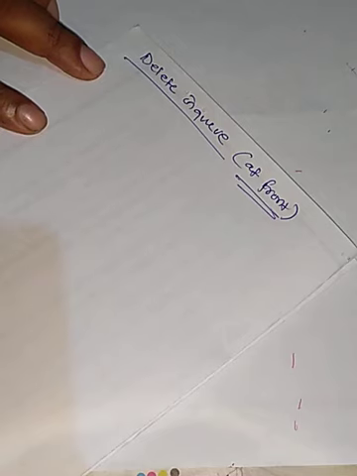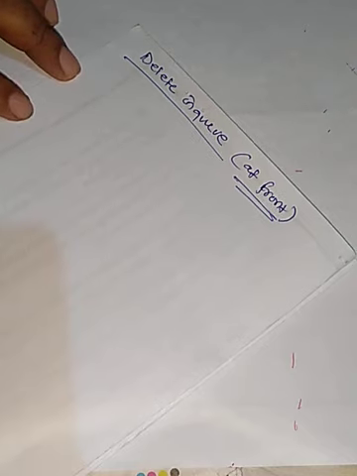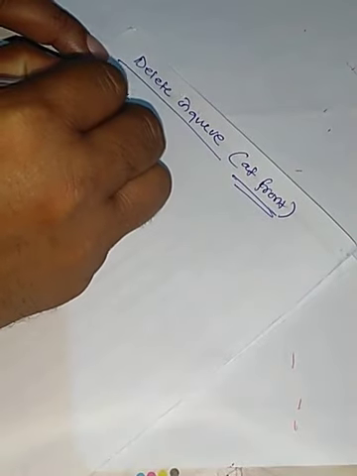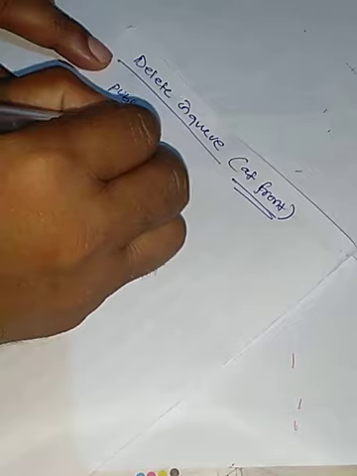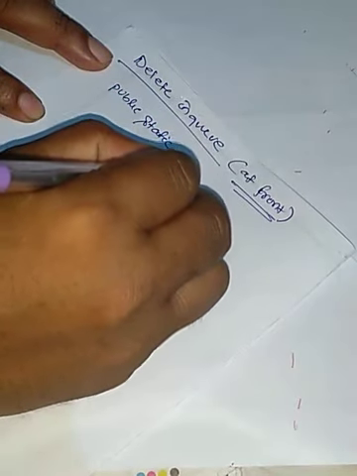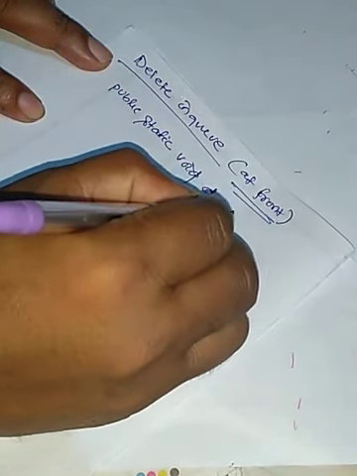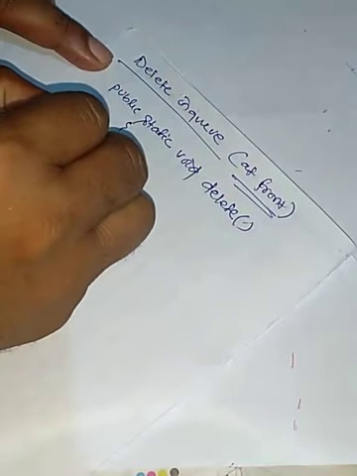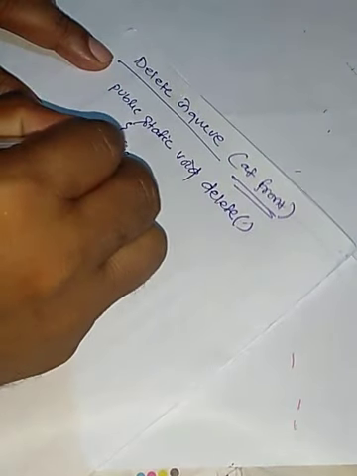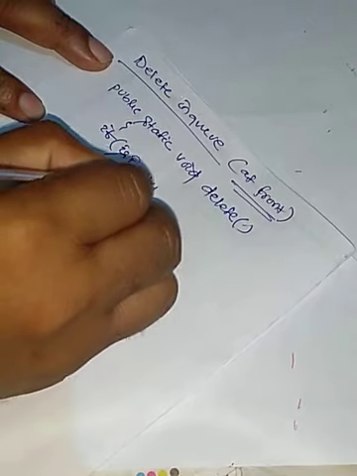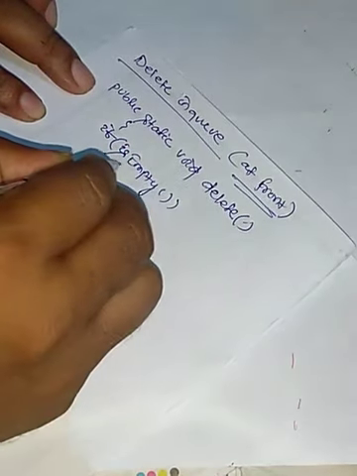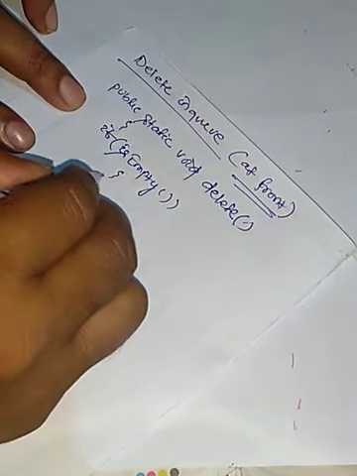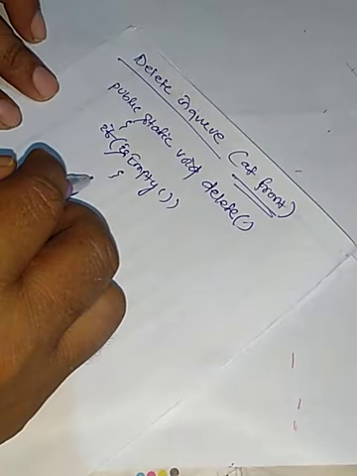To be able to do so, we have to check whether the queue is empty, because if the queue is empty, we will not be able to delete. Otherwise we can delete. So now I'll write the method here. Public static void delete. If it is empty, we'll check whether the queue is empty or not. If it is empty, then we'll simply display that there is no element to be deleted.